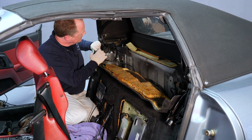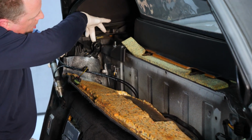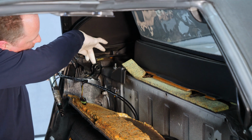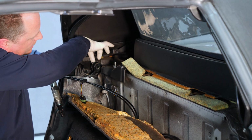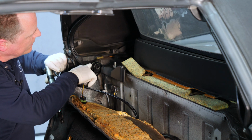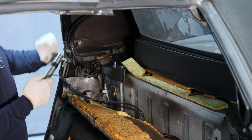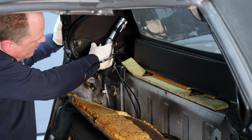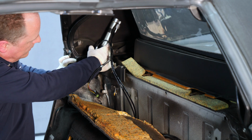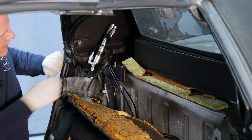That is, number one, you want to put the outer mounting bolt for the cylinder back in the bracket already. It's the one that's hard to get to, so it's easier to screw that in just enough that the threads have caught. Now you can put the main lift cylinder into place until it seats on the outside bolt, and